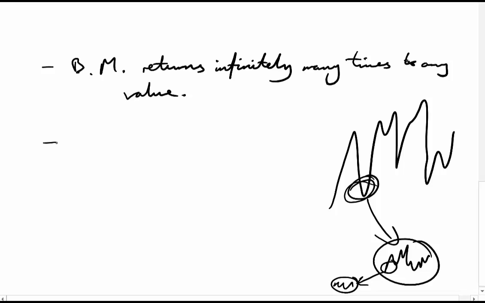So we can choose any value. Say 5: it's going to return infinitely many times to 5. If we choose 0, it's going to return infinitely many times to 0. If we choose 2,436, it's going to return to that an infinite number of times. The next property is that the paths